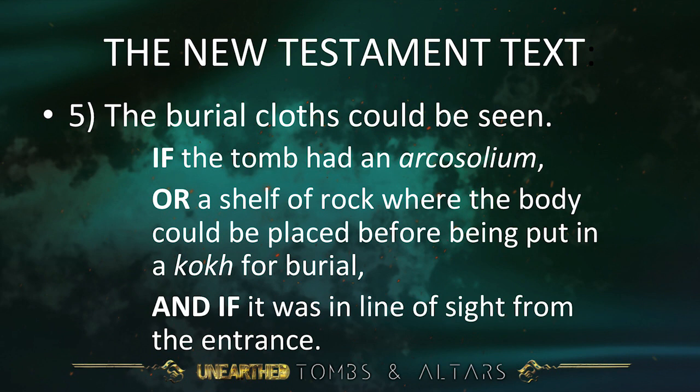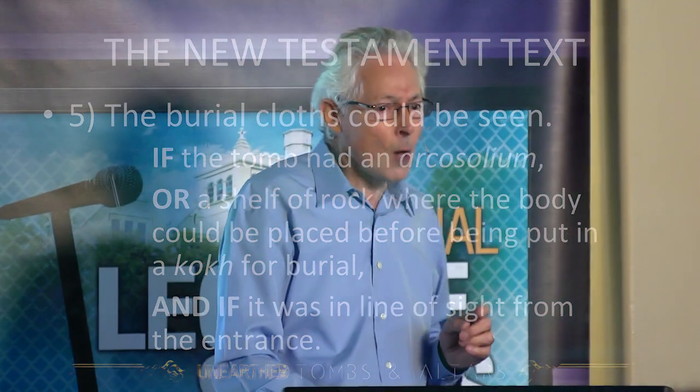And this was, I've not shown you this, but very often in tombs there's just like a little shelf which they would put lamps and different stuff on as they were doing the burial, you know. And if there was a shelf of rock where the body could be placed before being put in a kokh for burial, and if it was in line of sight from the entrance, you'd have to have a line of sight from the entrance, from what we've read. But you see, it's perfectly possible that in the tomb there was simply a slab or shelf where they put the body,